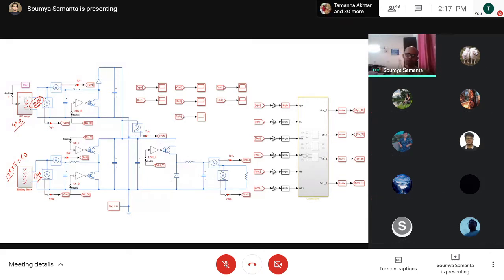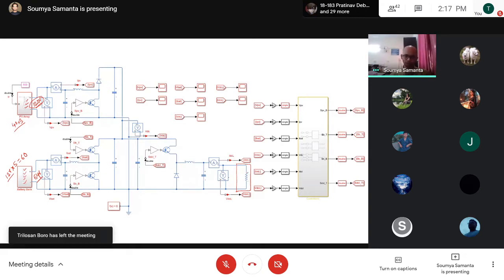Okay. Now what will we use? Ultimately we will give it to the load, where we have used a simple lamp load, an incandescent lamp, which we use normally. Previously we used it earlier, but nowadays it has been replaced by the LED lamp. Okay. So this is the load. To represent the lamp load, I have given a resistor here.